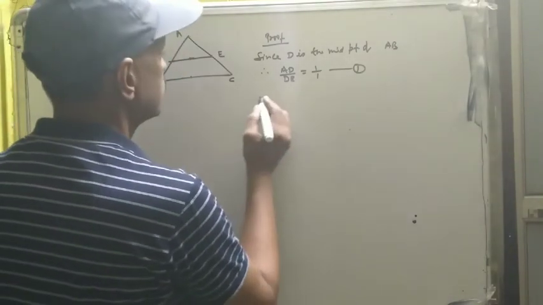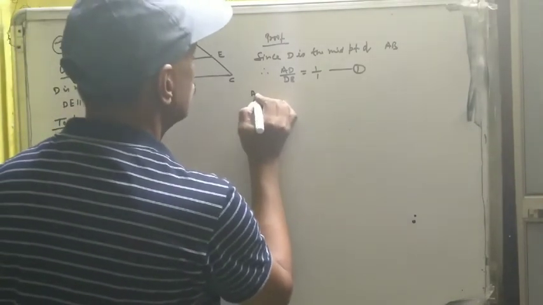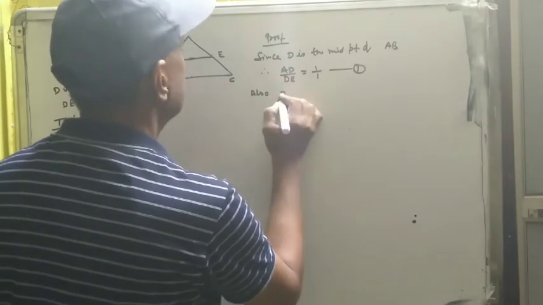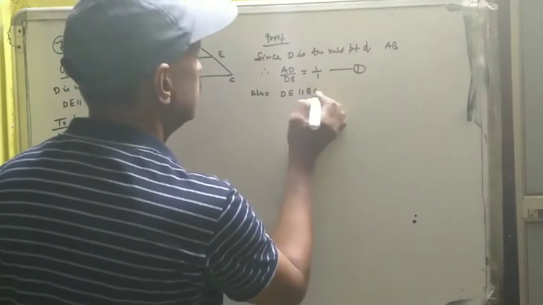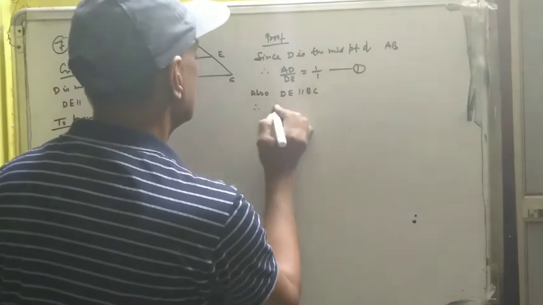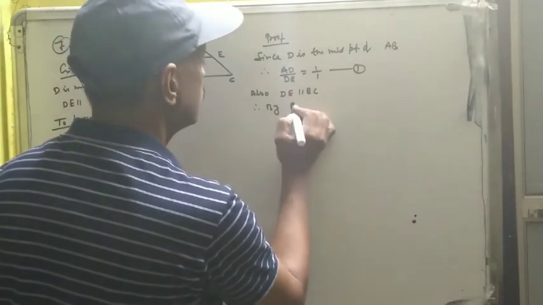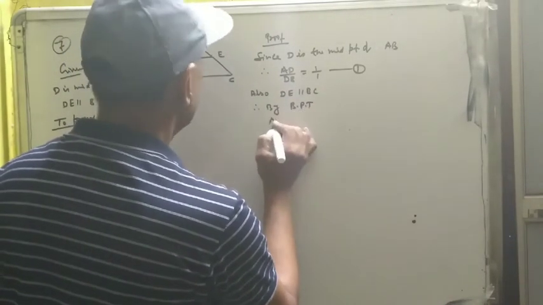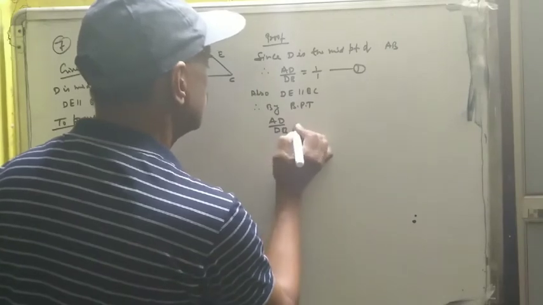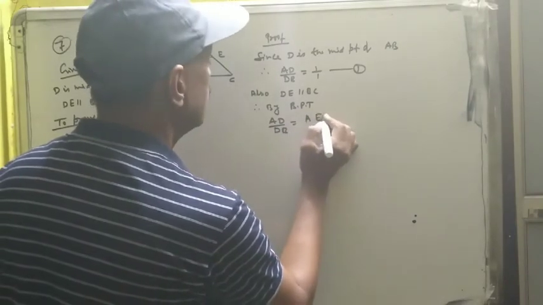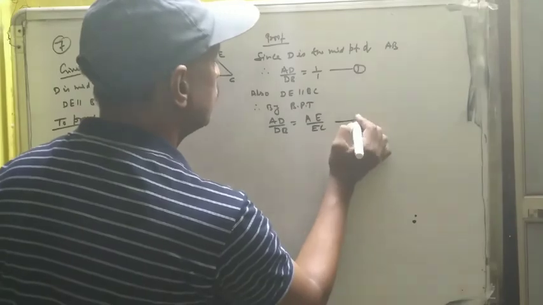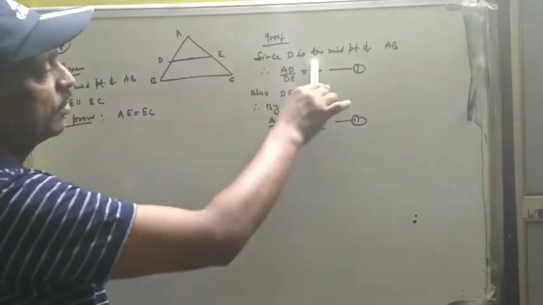Now just see also, DE parallel BC, it is given. So therefore by BPT we can write AD upon DB equal AE upon EC. Equation number 2. By comparing the equation 1 and 2,